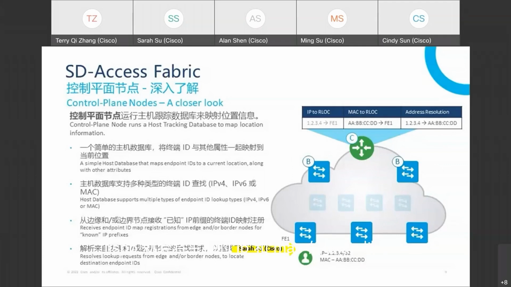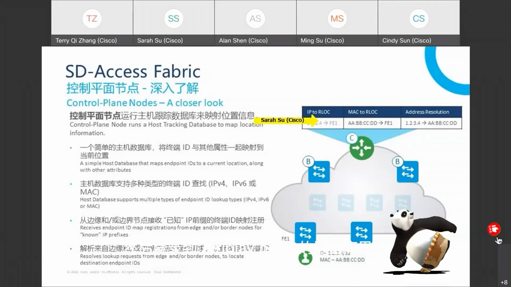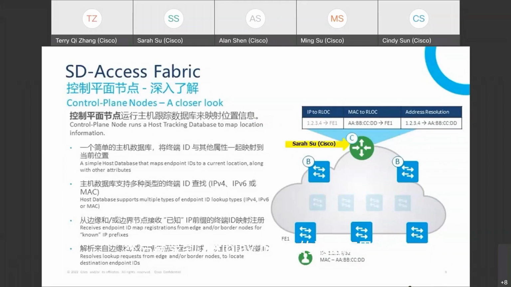Endpoint ID: after a host connects to the fabric network, it will use the Lisp protocol to map its IP, MAC, or the IP prefix introduced by the border to the current location RLOC, and then register this mapping relationship to the control plane node, thus resolving lookup requests from edge and border nodes, quickly finding the edge node connected